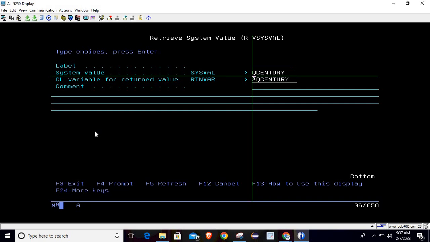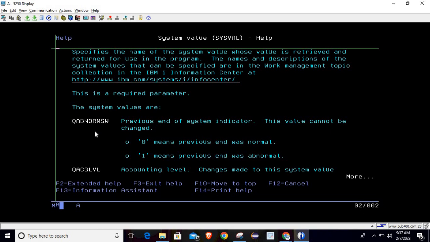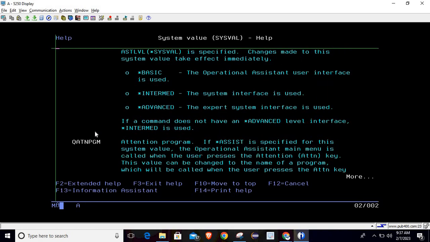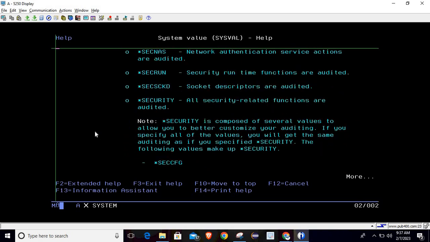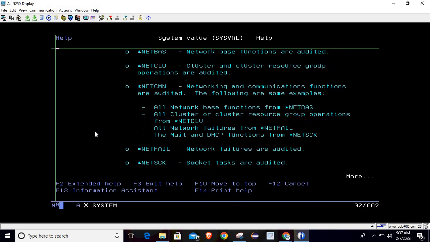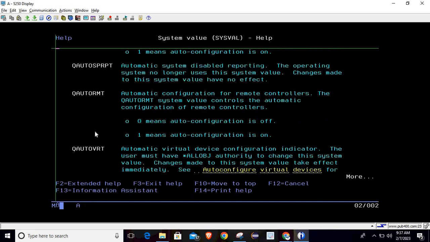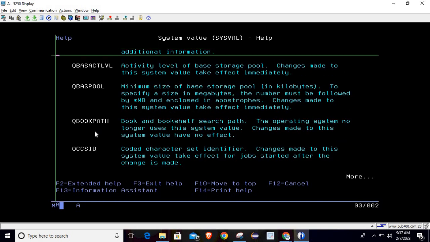Now to know more about the system value, you can press F1 here, and once you press F1 you will be on the help screen, and from there you will find all the values in related information. These are the values that we have already covered in a previous session, so I'm doing page down so that we can see today's topic, which is